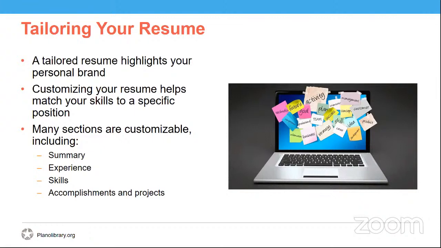Third, take a look at your skills. Make sure the skills you highlight match what is needed for this specific position. Again, think about the keywords that you're using and specific examples that you can share. And finally, look at your accomplishments and projects. You don't have to highlight everything you're good at on your resume, but you can look for specific projects or accomplishments that best demonstrate the skills or qualities highlighted for this particular job.